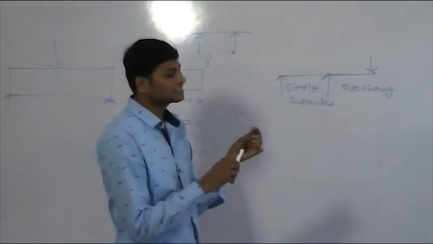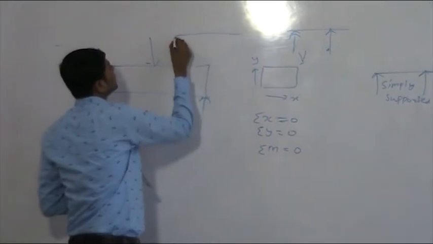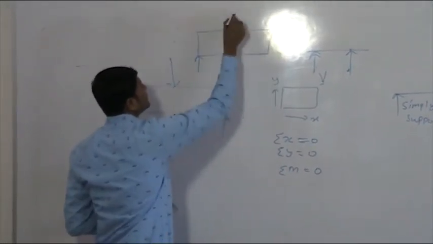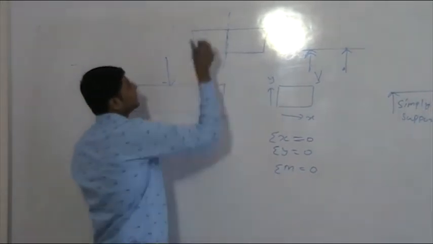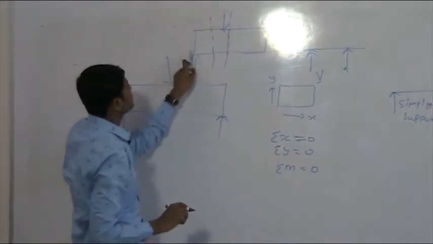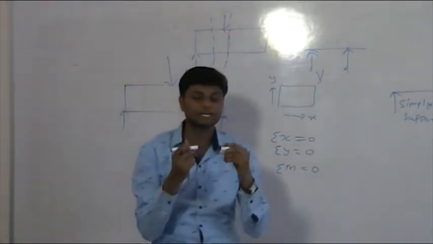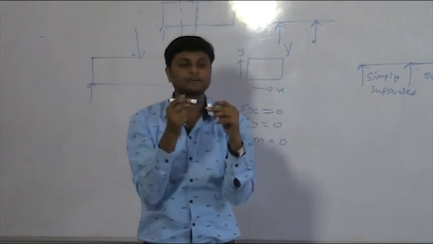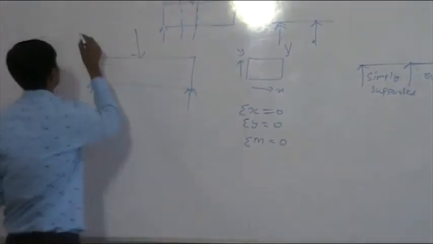But suppose this span is not very long, then what will happen? If the load is applied here, this is our section, then this load goes upward, and if the load is acting here, then at this section some portion goes up and some portion goes down. This type of failure is shear failure. Shear means the load is acting here and our support is here, so one part will go down and the other will go up. This is called shear failure.